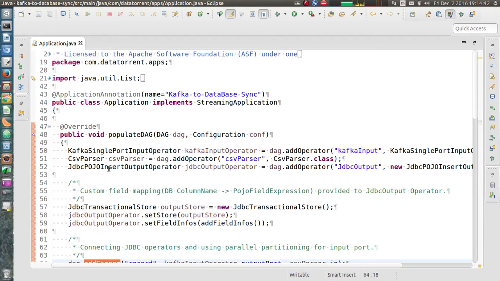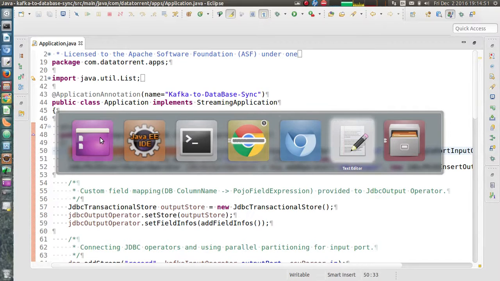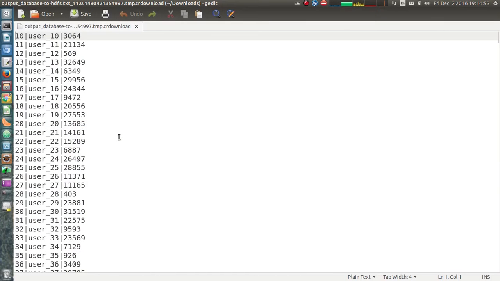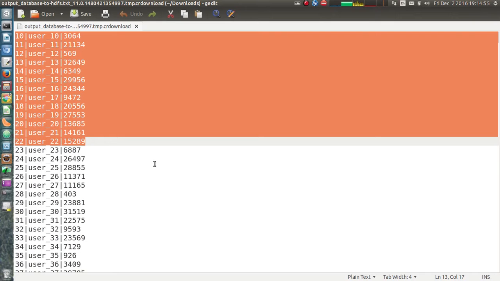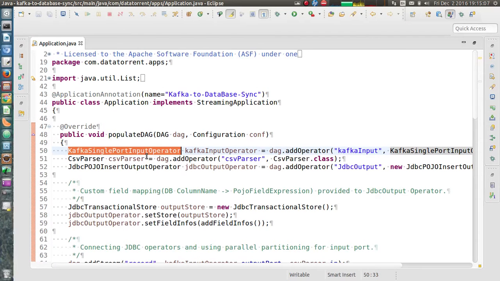So to start with, we have the Kafka input operator. On Kafka, we will have messages something of this sort: some strings separated by the field separator, which is the pipe character in our case.